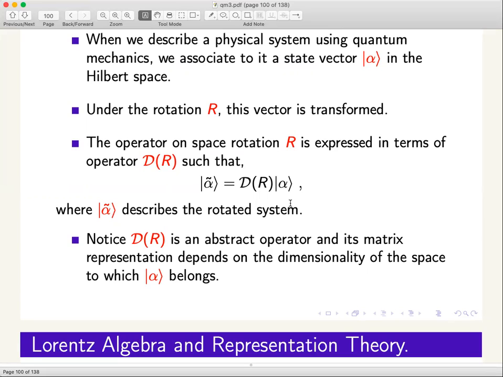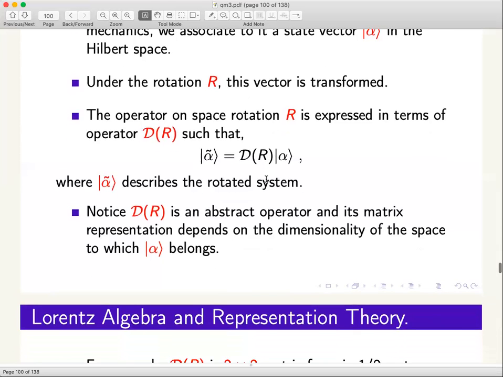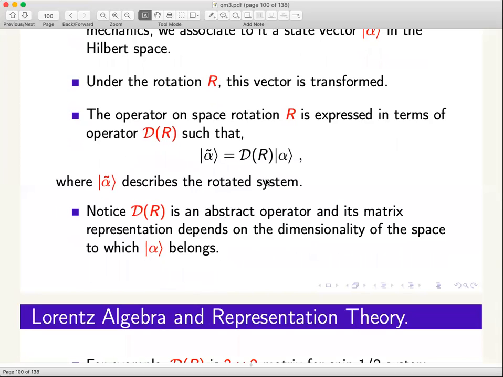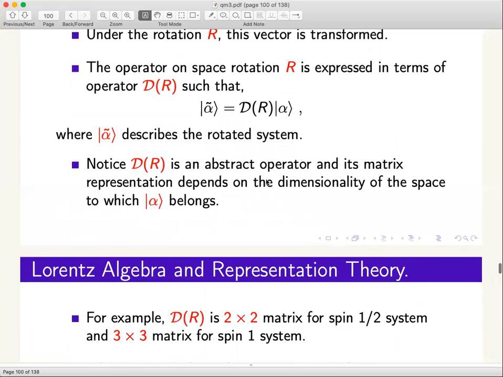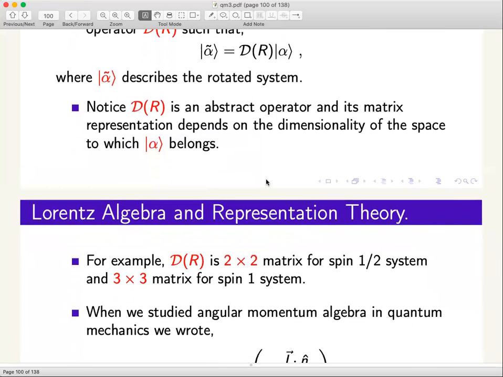So if alpha belongs to some finite dimensional subspace, then D of R would sit only in that finite dimensional space and would act only on it. It would of course act on the other vectors, but that is of no concern because those vectors don't mix with alpha. In that sense, D of R could be brought into a block diagonal form. If you recall Sakurai's book, the front cover is actually the block diagonal form of the D matrix, just formally written as block diagonal pieces. You can go back and look at Sakurai's book at some point.